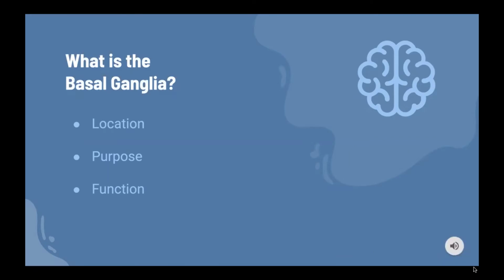The basal ganglia is located deep inside the brain in the cerebral hemisphere, close to the base. The main purpose of the basal ganglia is motor control. It is important to note that although the basal ganglia regulates upper motor neurons, it does not directly influence lower